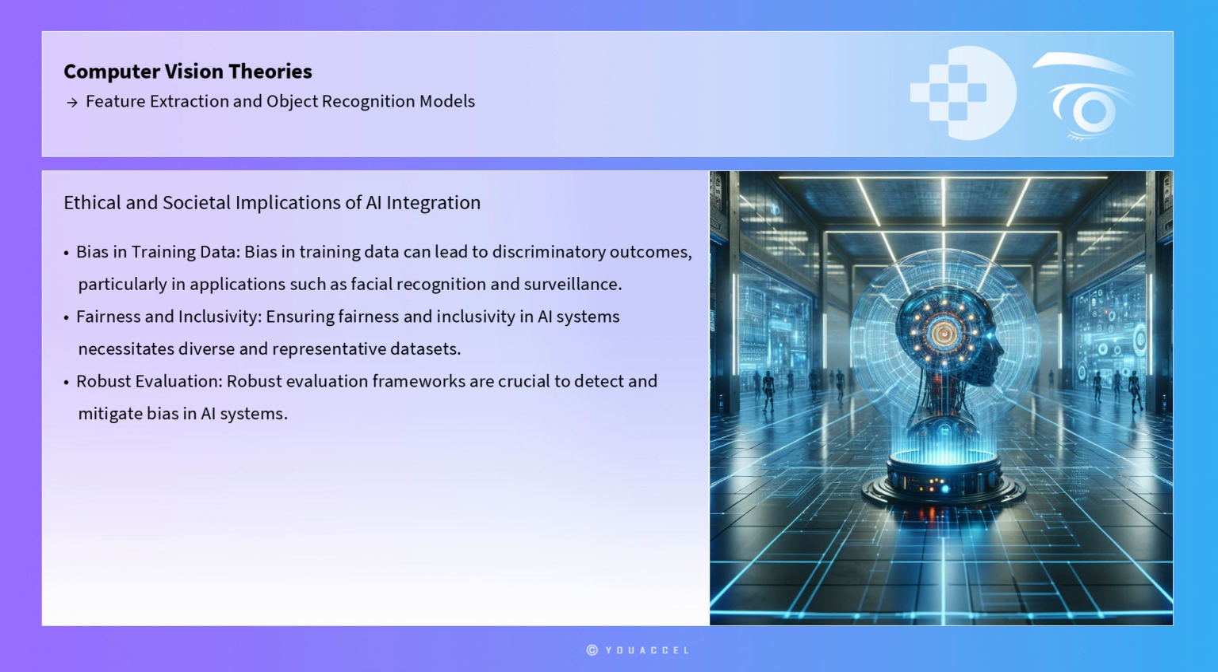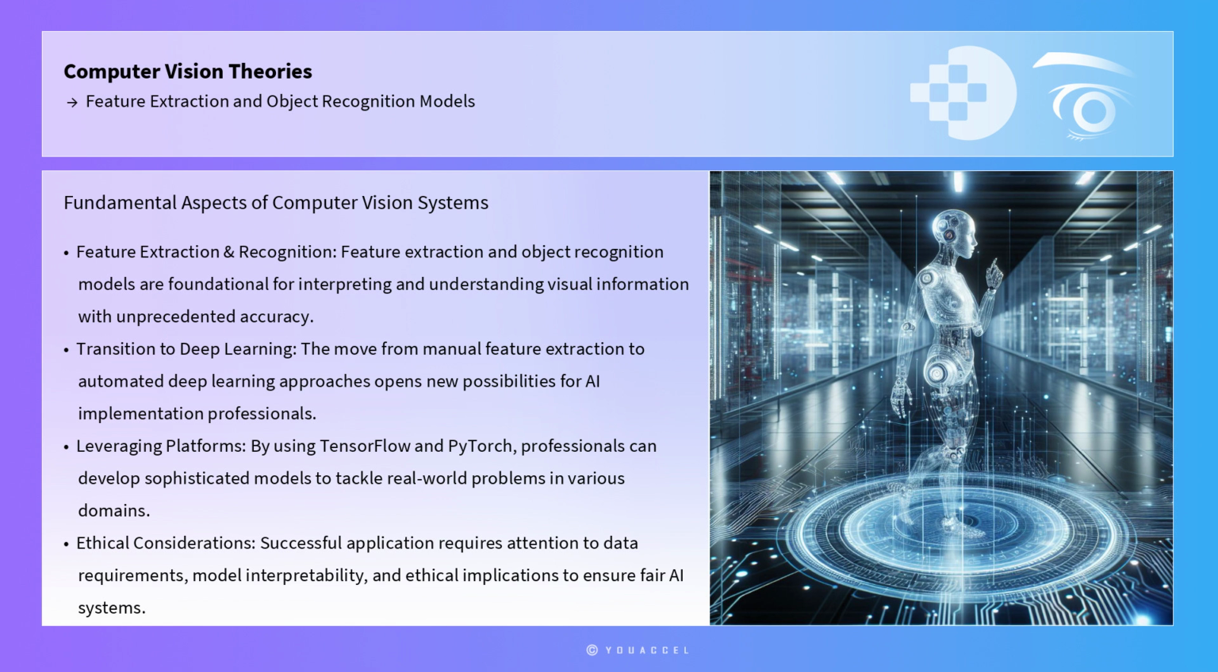The integration of feature extraction and object recognition models into real-world systems requires careful consideration of ethical and societal implications. Bias in training data can lead to discriminatory outcomes, particularly in applications such as facial recognition and surveillance. Ensuring fairness and inclusivity in AI systems necessitates diverse and representative datasets, as well as robust evaluation frameworks to detect and mitigate bias. In conclusion, feature extraction and object recognition models are fundamental components of computer vision systems, offering the